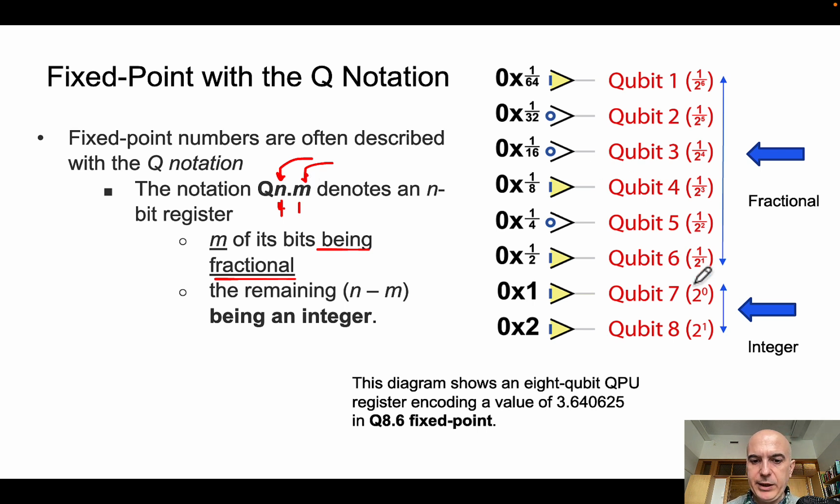Here we see an example using a Q8.6 fixed point formulation. This means that we are going to use 6 qubits to represent the fractional part, that is here, and then 8 minus 6 to represent the integer part. You see here a diagram of our number represented using the